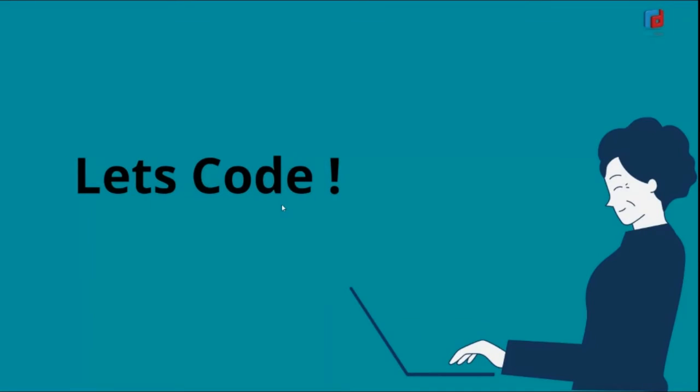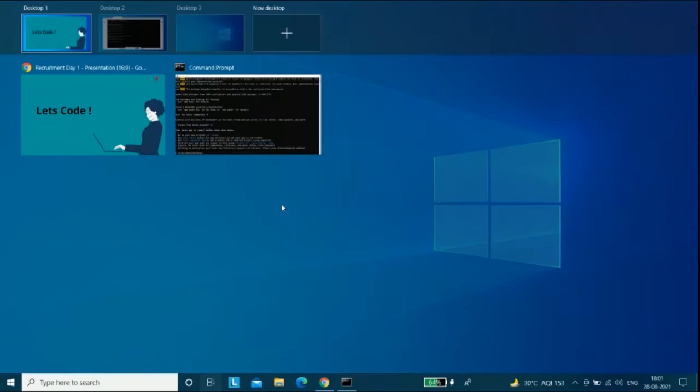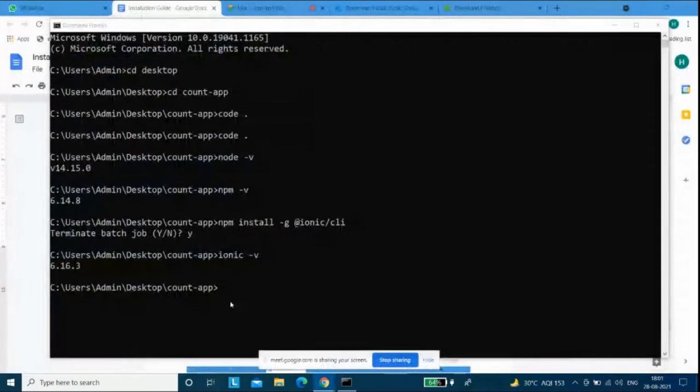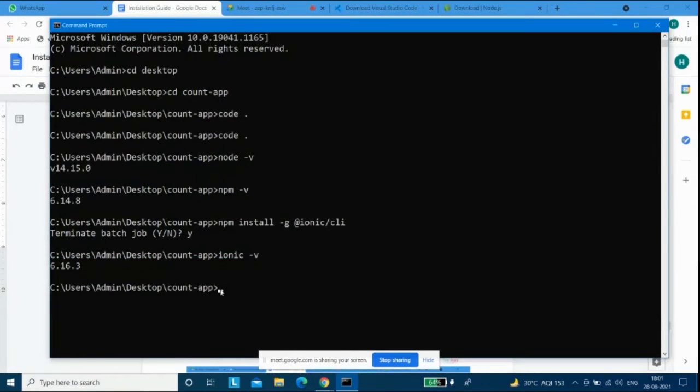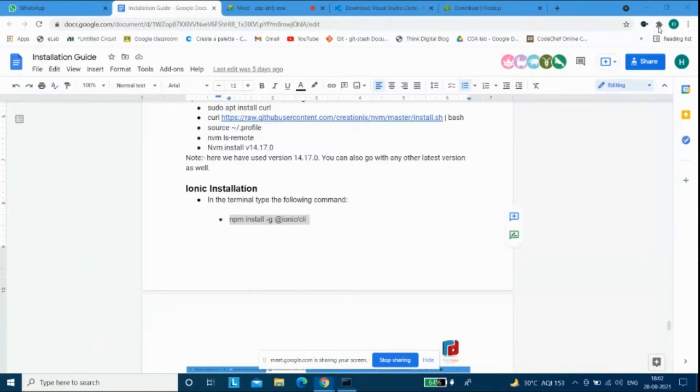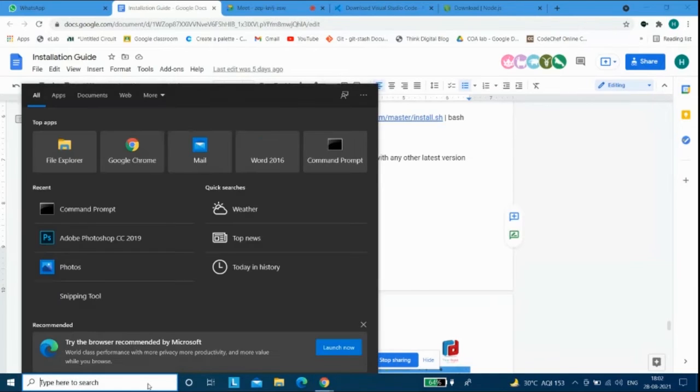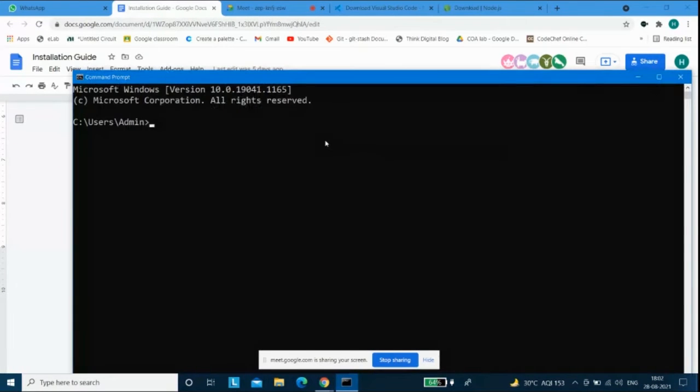Right. So the next thing is to begin. To begin, give me a second. One more second. I'll just clear the screen and I'll begin from the starting, so that will be new. Right. So I'll just open command prompt by going on start. As soon as I open it, it looks something like this. Currently I am at my root folder, which is admin. Now I need to start a new project.